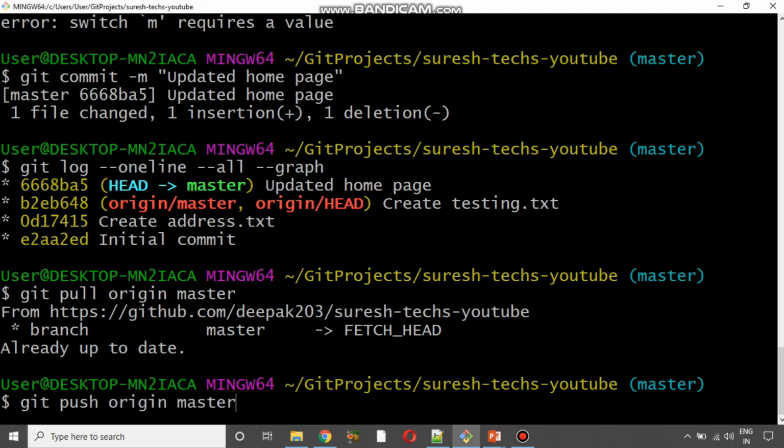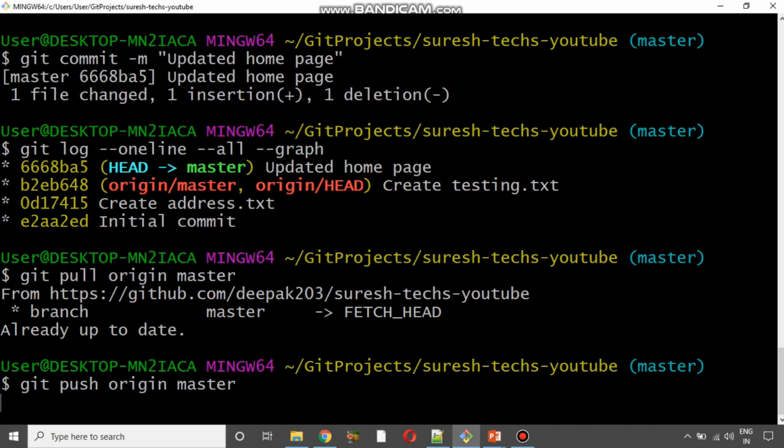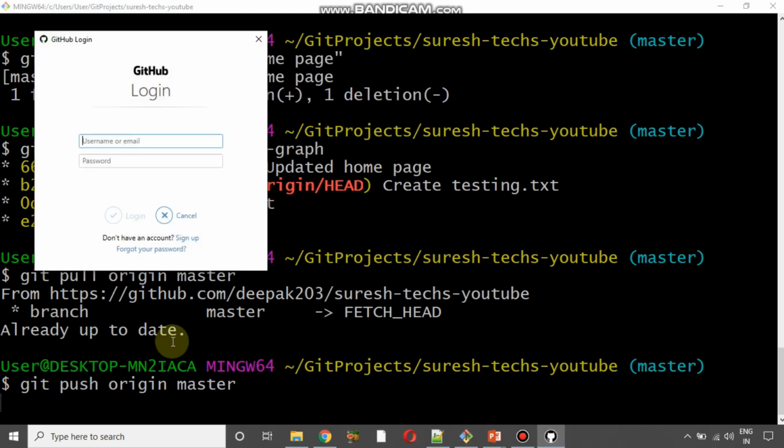I am going to push my changes into the master directly. Okay, now if I say enter, it is going to push our local changes. Okay, now it has asked me to provide username and password. Okay, and it depends, it may ask, it may not ask based on your configurations. Okay, so now I am going to enter Ramu's details here. So I'll say ramutony22@gmail.com and then the password.